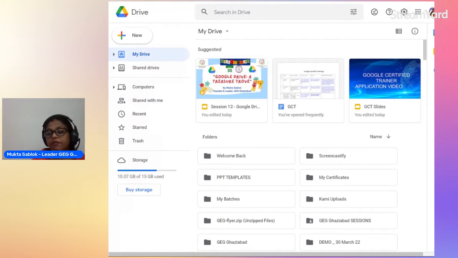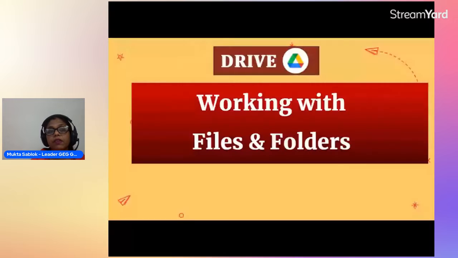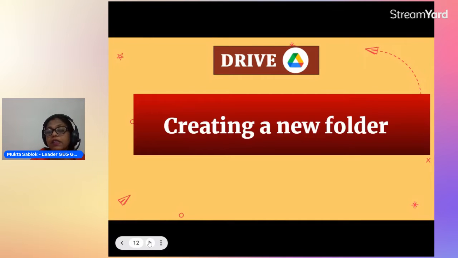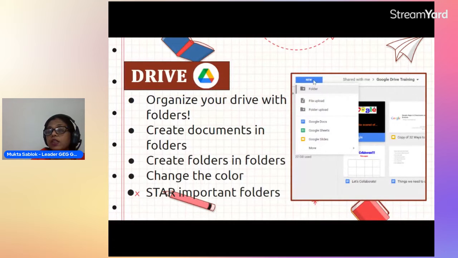Working with files and folders. First, I will explain how to create a new folder. So this is the option in our Google Drive. By clicking over New, we can organize the Drive into folders. Folders are used to store files and other subfolders.